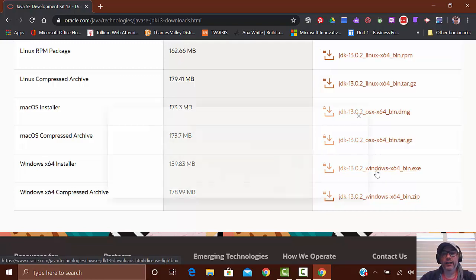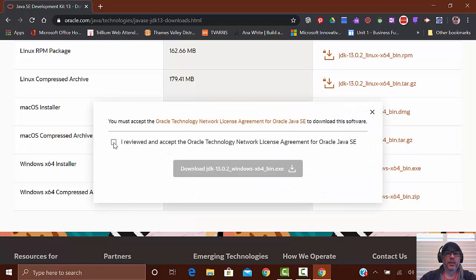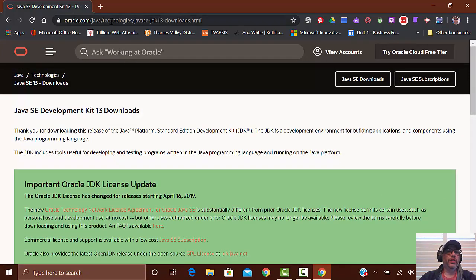Okay, so you're going to click on that and accept the license agreement and then click download. Now, I've already downloaded this software, so I'm not going to do it again. But you would simply click on this button and it'll download it to your downloads folder or wherever you normally save things. Okay, the next place we're going to go once you've successfully downloaded JDK 13, we're going to go